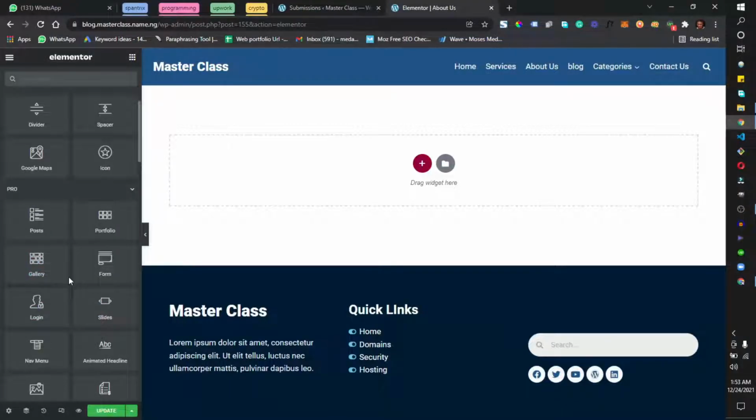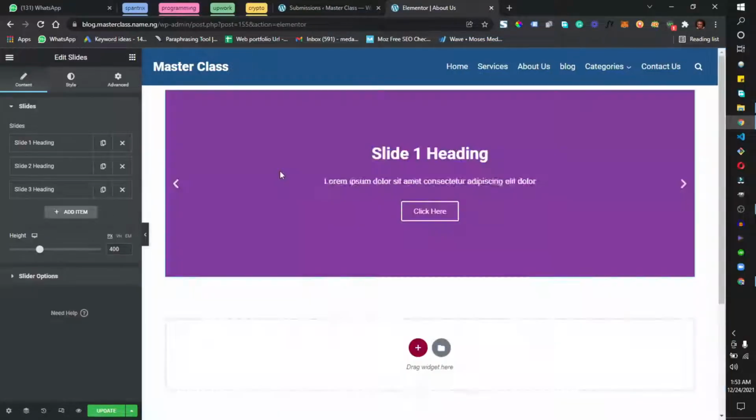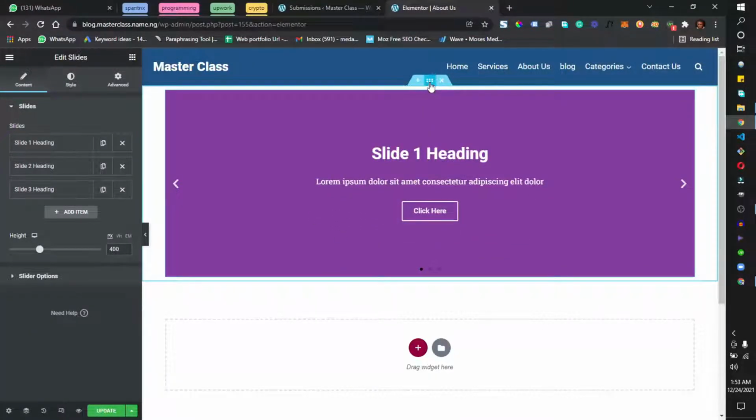Which other one will we use? I'll show you how to use the form. The login. If you want to learn how to use the login, you have to make the mentorship program. You can use slides to create slides on your website. Most times if you want to use this, you need to click on this section and